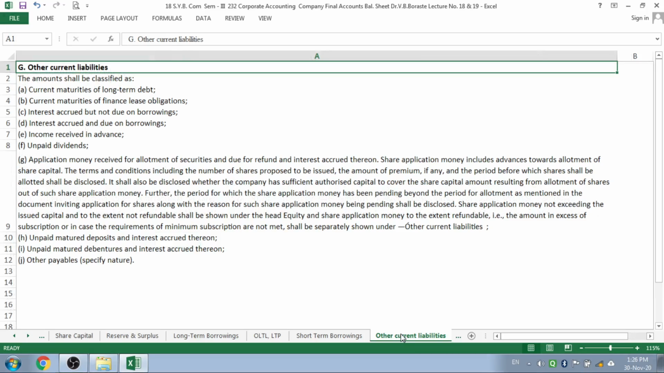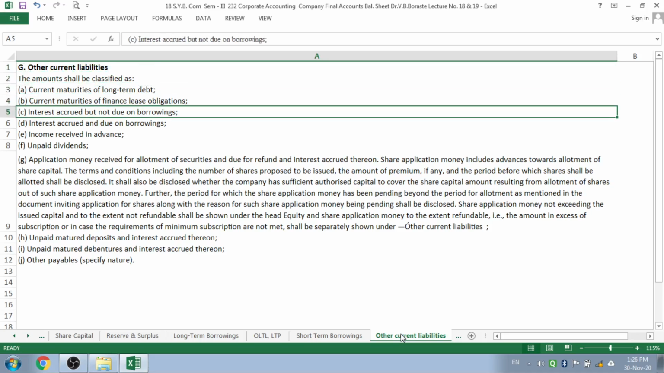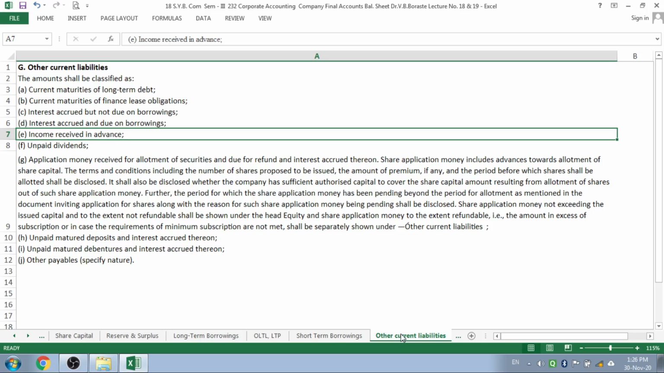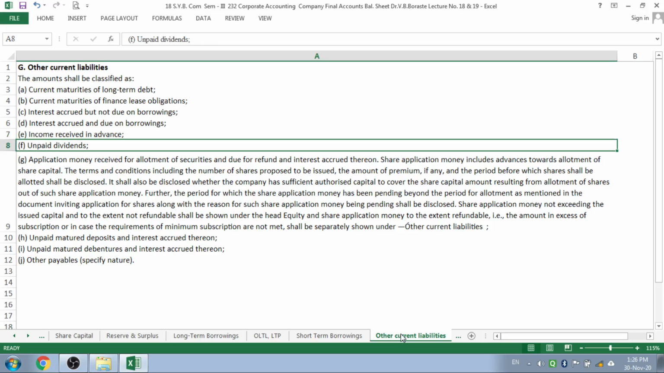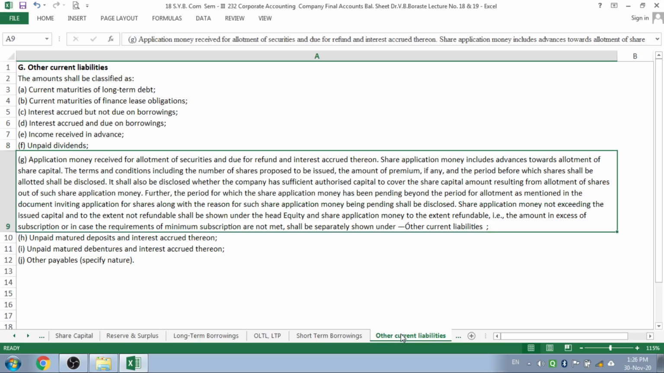After that, some other current liabilities are there, where we have seen the current liabilities as current maturities of long-term debts, current maturity of finance lease obligations, interest accrued but not due on borrowings, interest accrued and due on borrowings, income received in advance, unpaid dividends, application money received for allotment of the securities and due for a refund and interest accrued thereon. So you can take a screenshot of this. And then unpaid matured deposits and interest accrued thereon, unpaid matured debentures and interest accrued thereon, as well as some